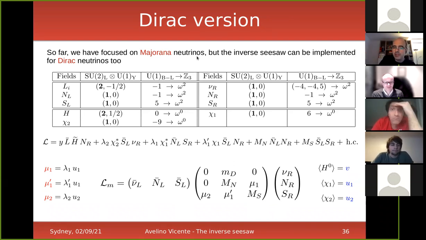So in principle, if you arrange your particle content in these constructions in such a way that you have a valid dark matter candidate that is charged under this remnant symmetry, you can combine both things and you end up with a valid dark matter candidate, and people have done that already. So yes, it's a very good idea and it works.